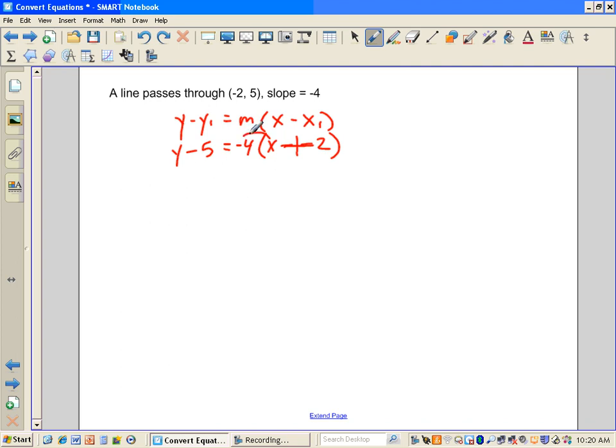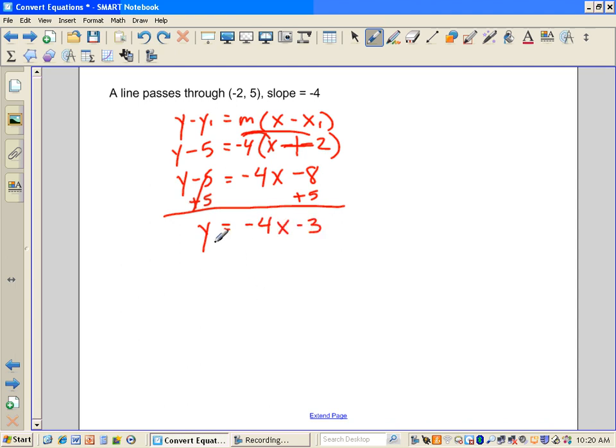I'm going to do the distributive property with negative 4. So I have y subtract 5 is equal to negative 4x subtract 8. I'm going to add 5 on both sides. Y is equal to negative 4x minus 3. So here we're in point slope. Here we're in slope intercept. Now we need to get into standard